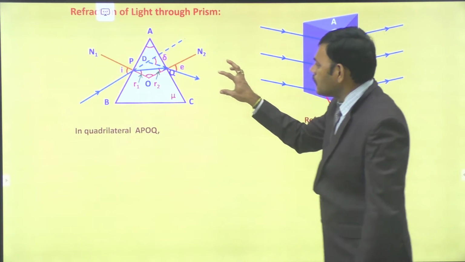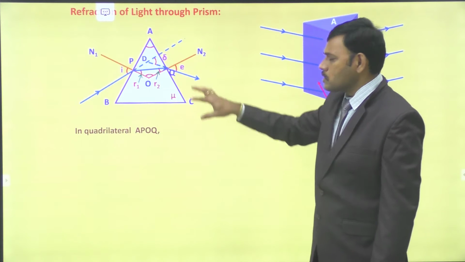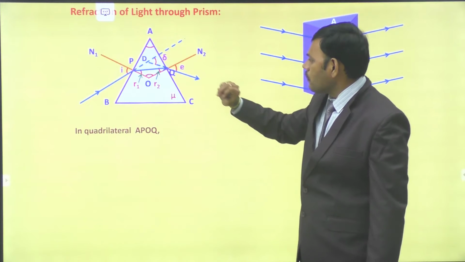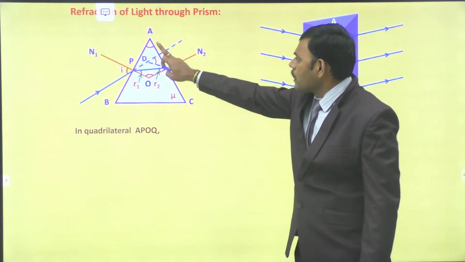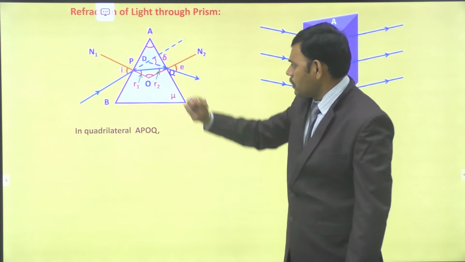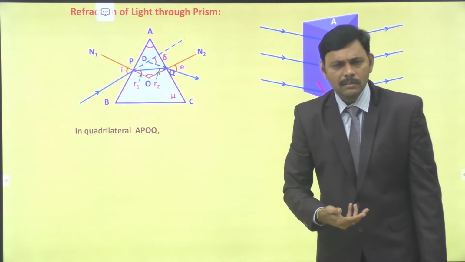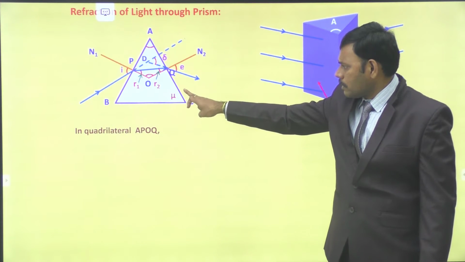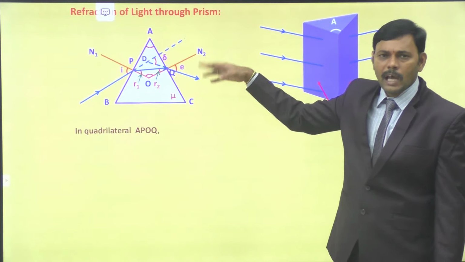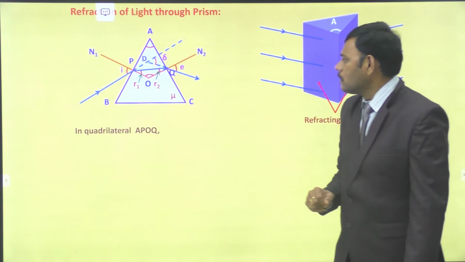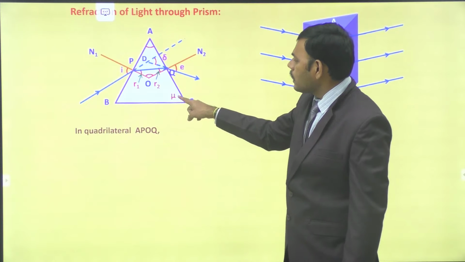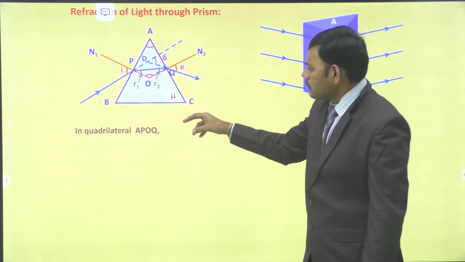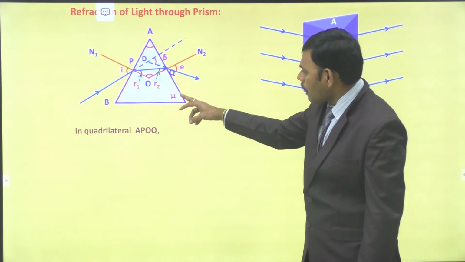Now we have described how the light ray is traveling and we indicated the angle of incidence, angle of emergence, angles of refraction, angle of the prism as well as the angle of deviation. We would like to derive the expression for the refractive index of the prism. Let mu be the refractive index of the prism. The surrounding medium is air having refractive index one. We would like to derive the expression for the refractive index of the prism in terms of the angle of the prism and the angle of minimum deviation. So let us continue the derivation to determine the mu value.